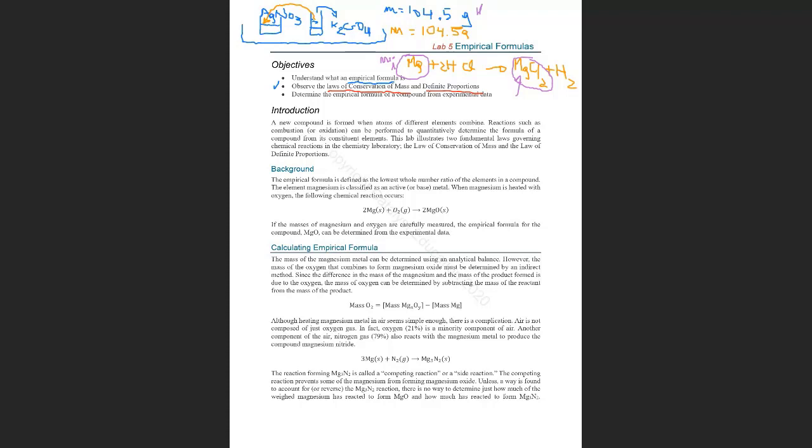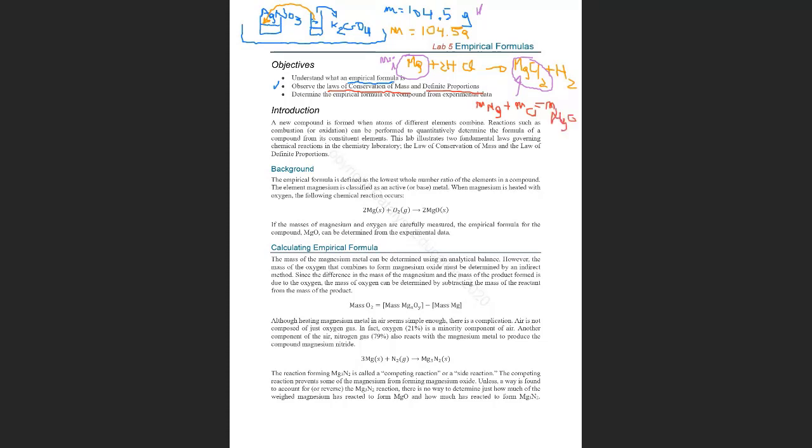We do not create magnesium. The atoms rearrange. So I know that after the reaction took place, the mass of the magnesium plus the mass of the chloride equals the mass of the product,